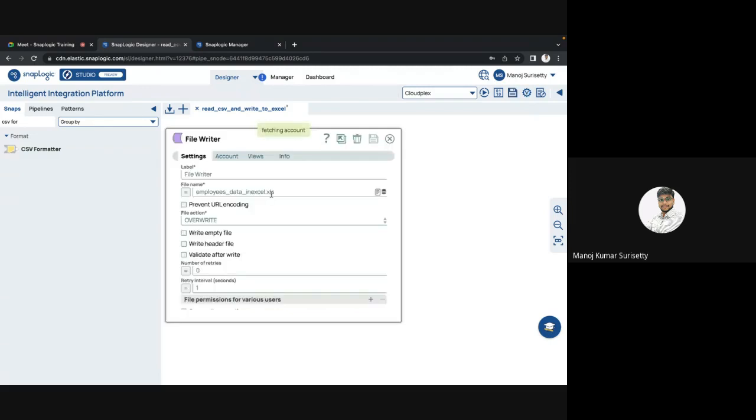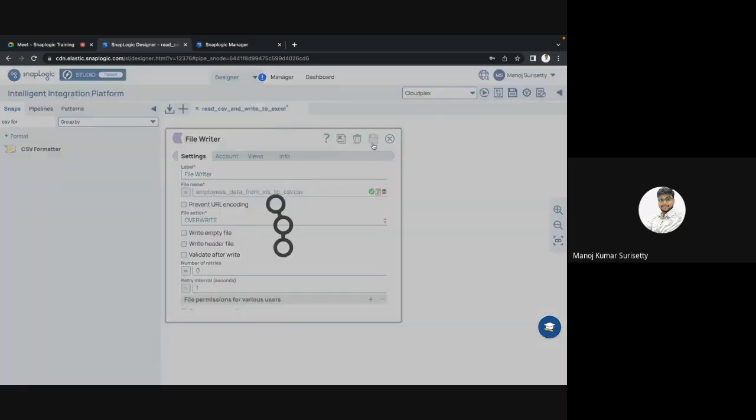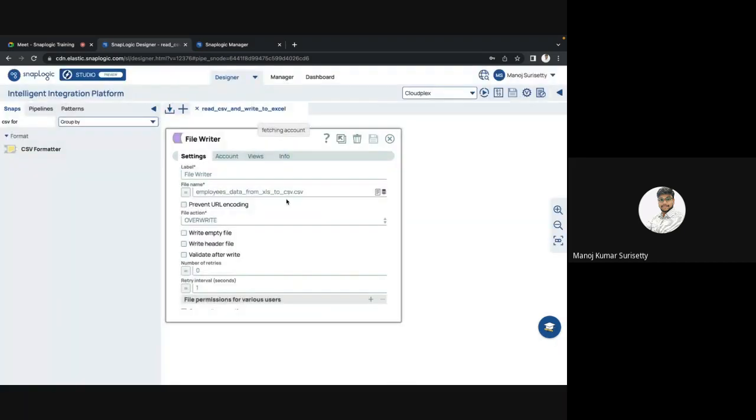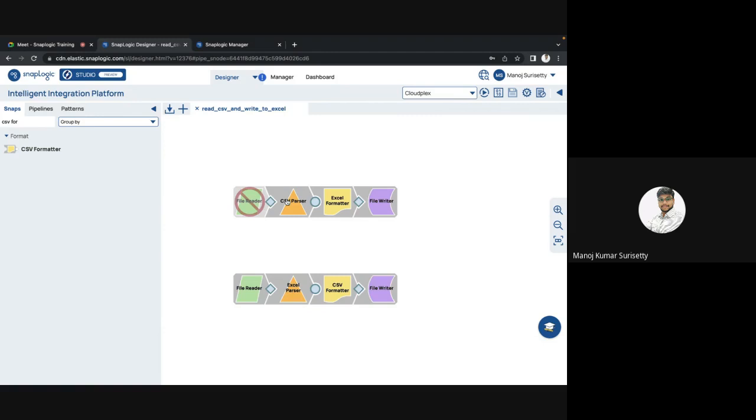And then .csv employees data from Excel XLS to CSV. Okay, just for our understanding, I have given the name like this, but in our real-time scenarios, you won't be able to see the data